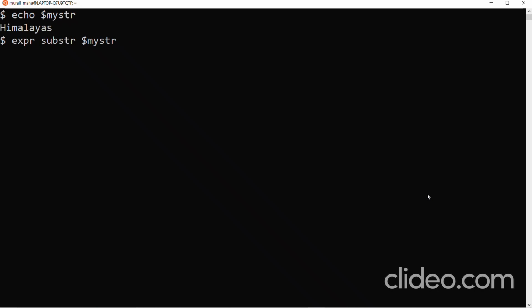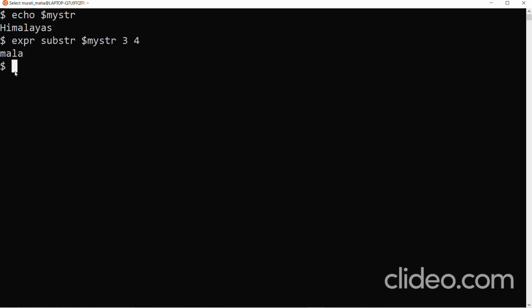For substring, you need to pass 3 arguments: the string, that is $mystr, the position from which you want to get the substring, and then the length, how many characters. Let me give position as 3 and characters as 4. It gets you mala. So position 3 means what? It starts from 1, HIM, so M is 3. 4 characters, starting from the third position. So MALA. So it gets you mala.